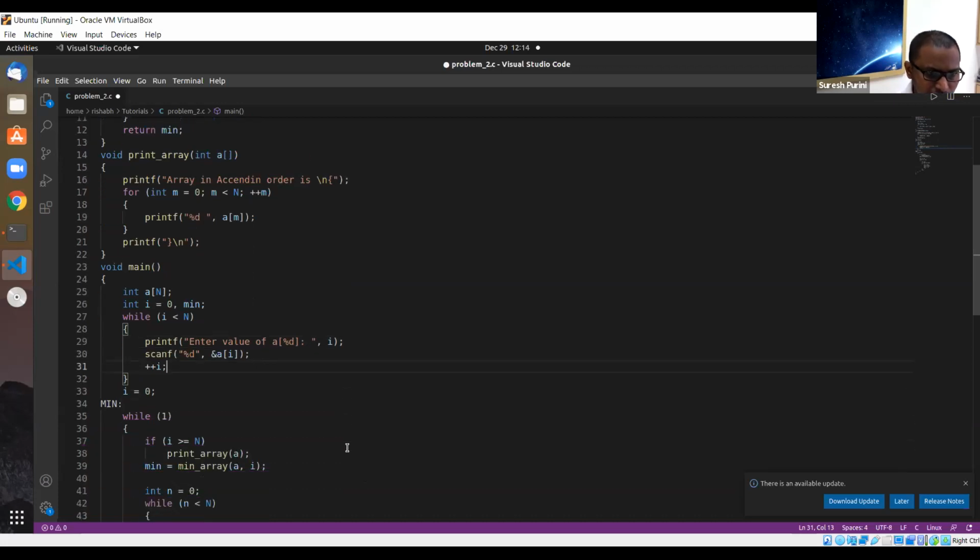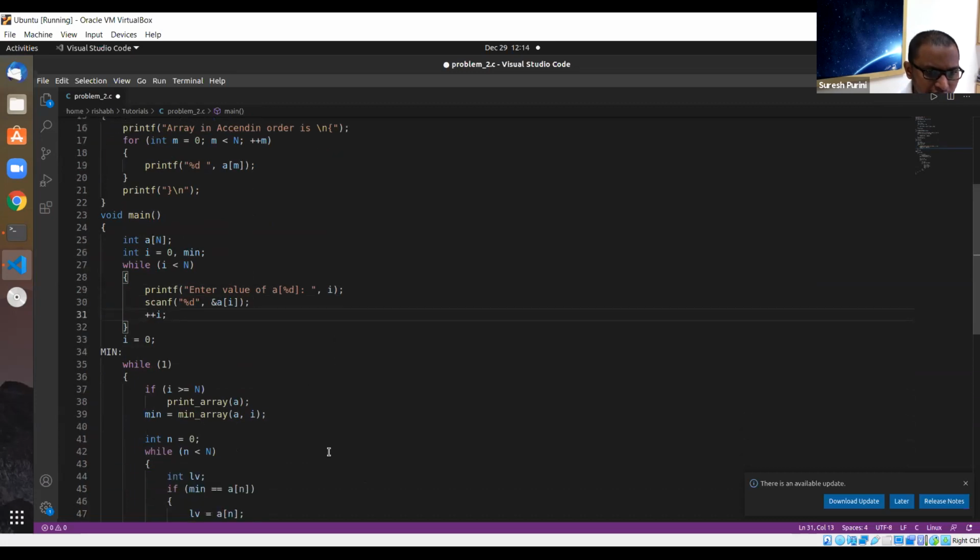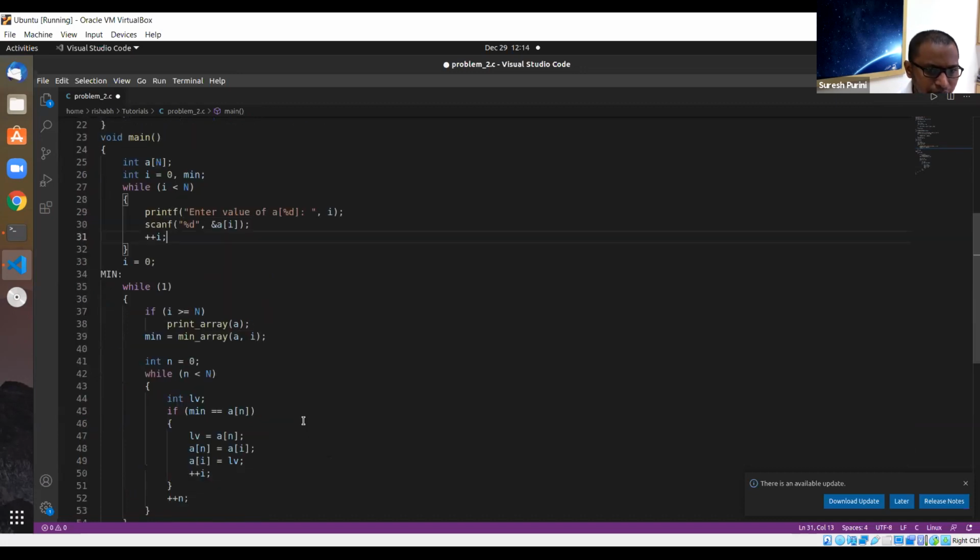Okay, so the user has to enter all the values. Now you go to line 34. If I is greater than or equal to, print array. If min is equal to,